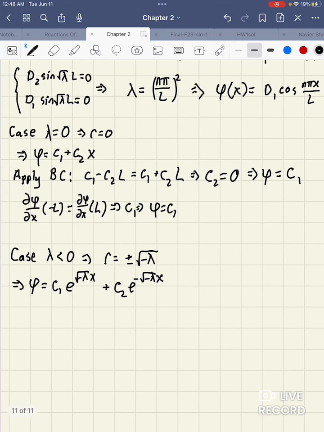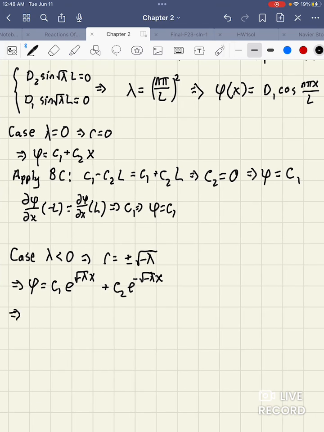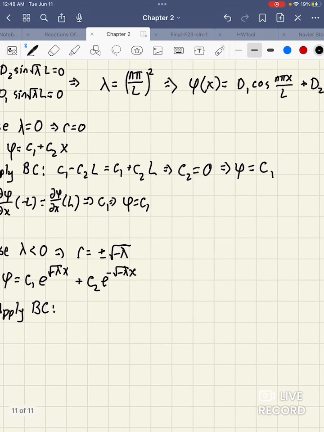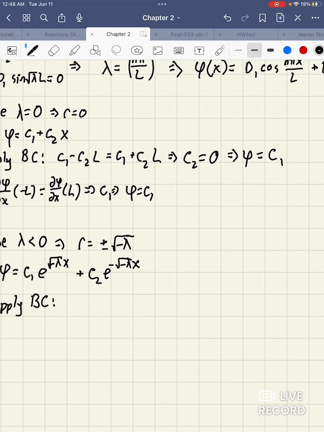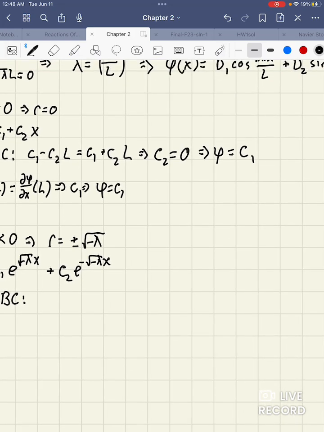Now apply the boundary condition. After applying the boundary condition, I get that c1 e to the square root negative lambda L